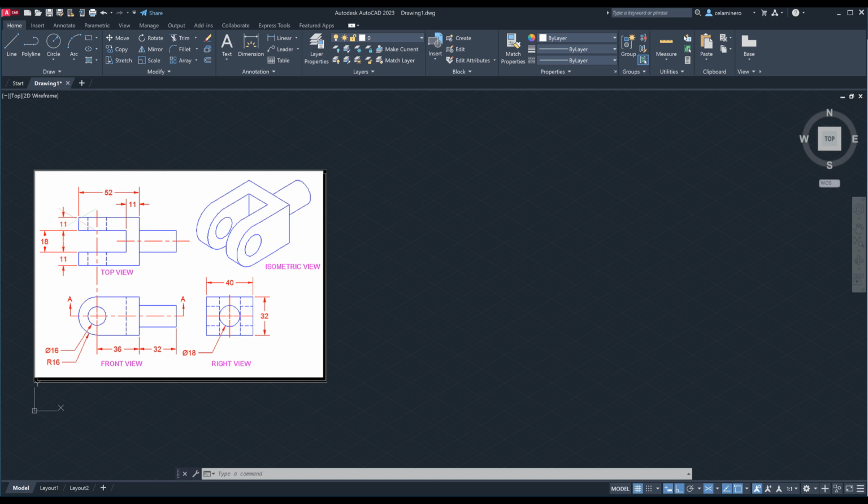As you can see, it is 52 millimeters wide and 11 plus 11 plus 18, 40 millimeters long. So we draw a line, specify a starting point. This 52 correlates with the length from here to here. So we draw a 52 line and 40